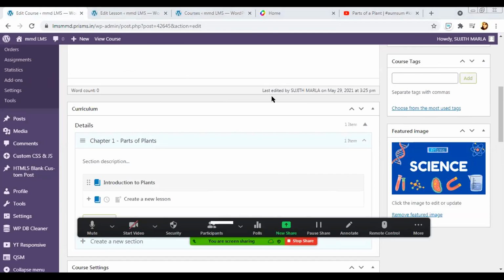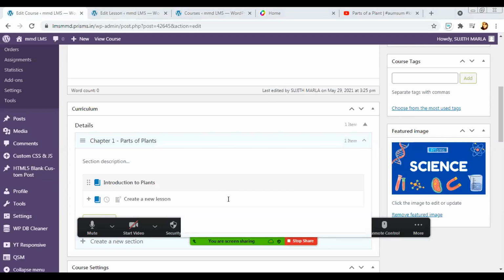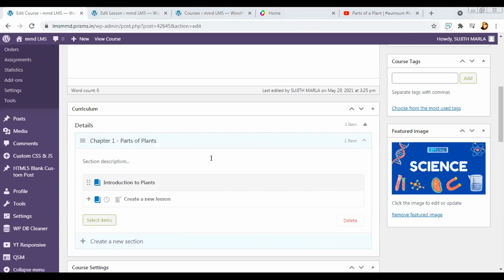Hello, ma'am. Actually, I just tried doing this from my account. It is showing page not found on home screen. Is it? Yeah, so that is like I said, LMS has to be activated. So if you want to use LMS, you need to send us a mail at support@prisons.in asking to activate LMS for us. Okay. So school has not activated it. Yes. Oh, thank you, ma'am. So yeah, that's about lesson.